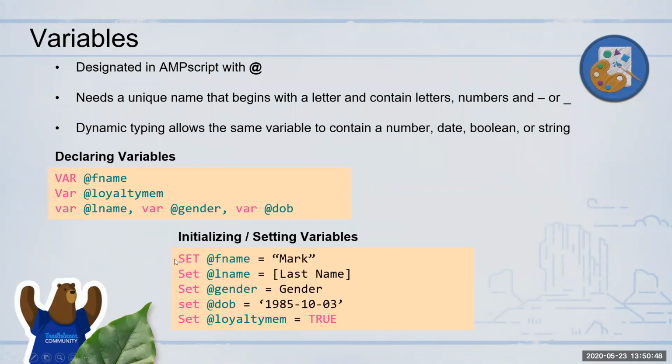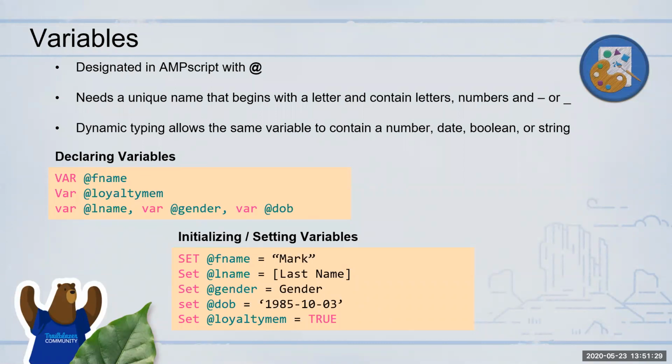Then setting the variable is like initializing it to a certain value. For instance, if I declare a var fname, and if I want to set first name as Mark, I can do this as well. It's very simplistic. The AMP script language is quite simplistic. They've not made it for very hardcore technical users. Many of the functions are similar to Excel functions. So people who have been doing marketing and who know quite a bit about Excel, it's very easy for them to pick it up. They've not meant AMP script to be very complex.